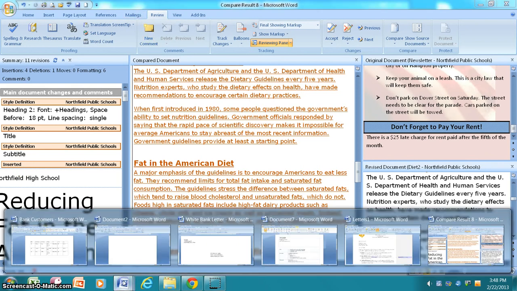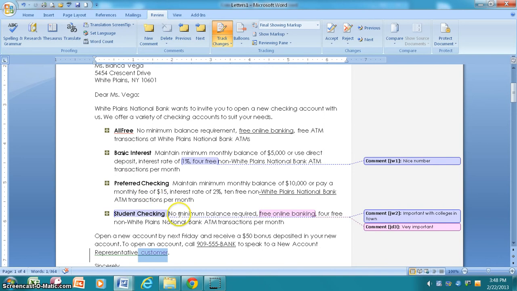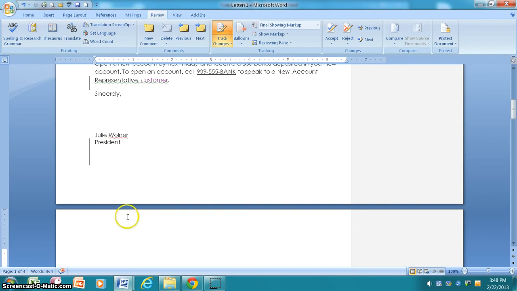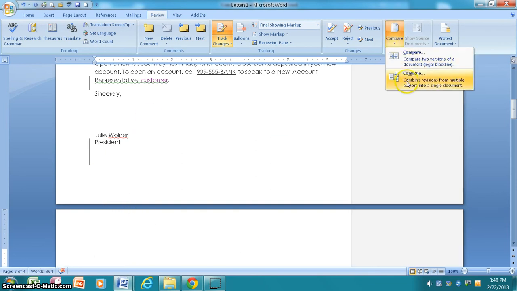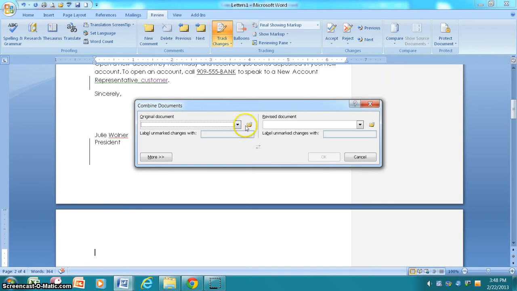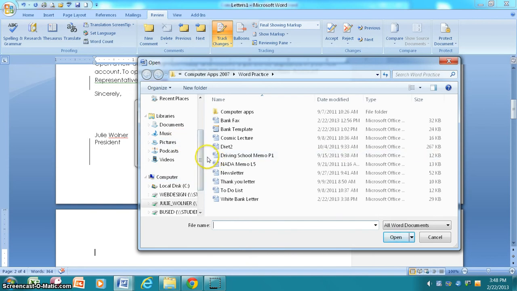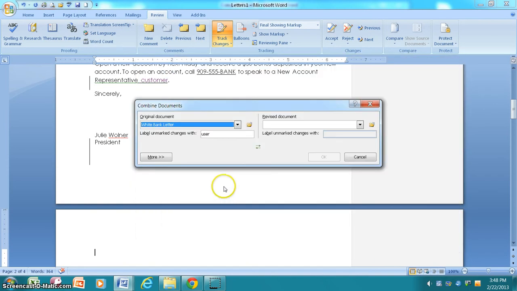The next thing, however, is you ought to use the combine feature. I'm going to go back here and just open my bank document, and I'll put my cursor at a spot and I'll say, you know what, I'd like to take another document that I've prepared and insert it at this point in the document. So if I do the combine here and I say, let's see,